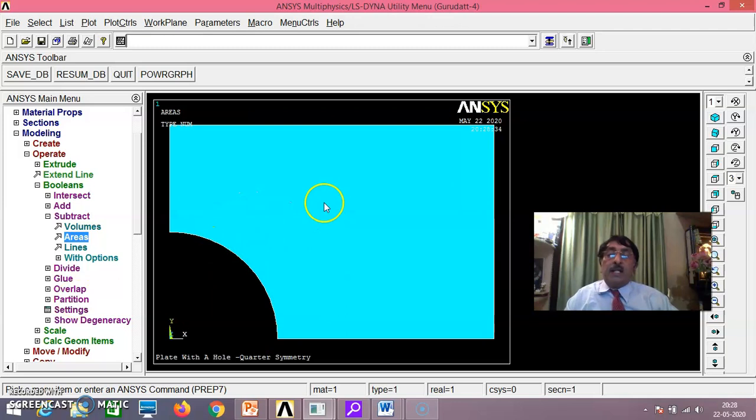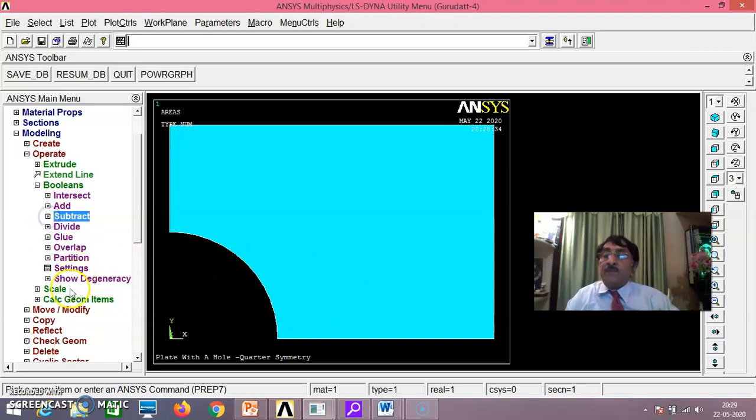Now it has been cut. Now it is clear, I think. It is quarter symmetry only. Okay. One quarter below this, below X, you have one portion. That is to the right of it, another portion. To the right of this below portion, whatever you have done, another portion. That will make the entire model. But now I have considered only a quarter of the symmetry. That is 1/4 of the total model. Okay, 1/4 of the total model.